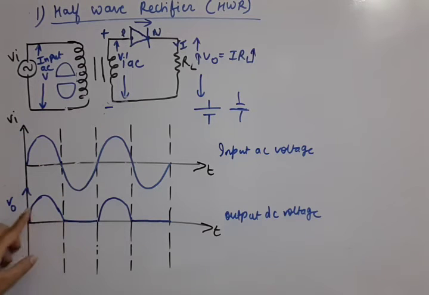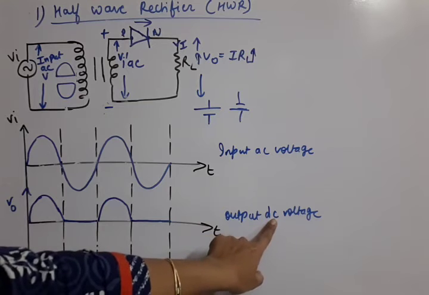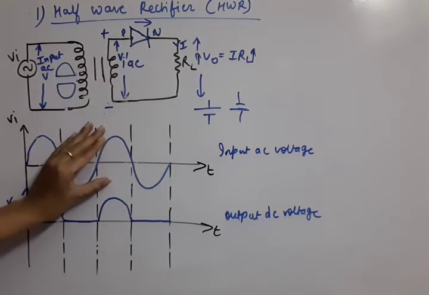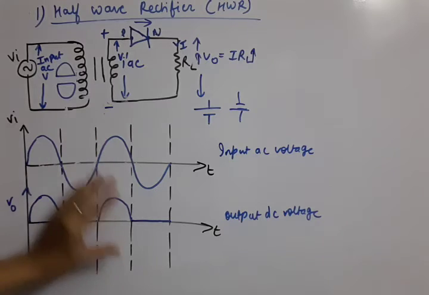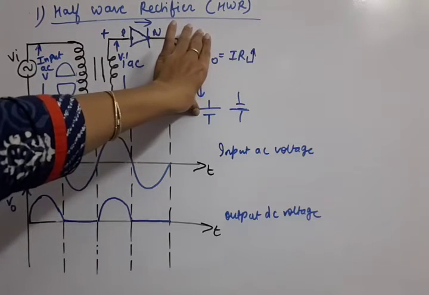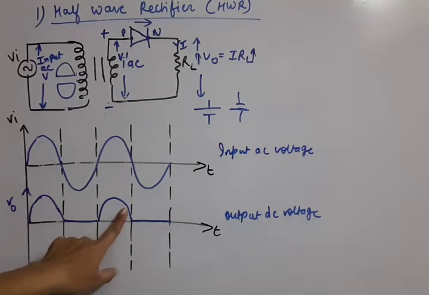But when we are seeing that voltage is only in one direction, no voltage here, again in one direction, no voltage here, so it is almost a DC voltage. So this way half wave rectifier is that circuit which is converting the AC voltage to DC voltage. Here we have given AC voltage, and here what we are getting is DC voltage. Maybe it is not perfect, but we can still call it DC voltage because change in polarity is not taking place.